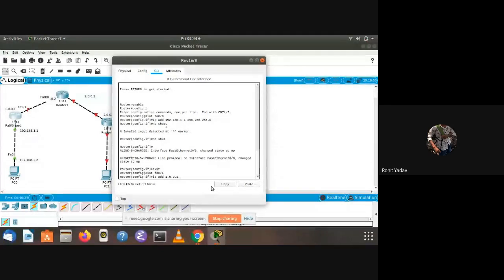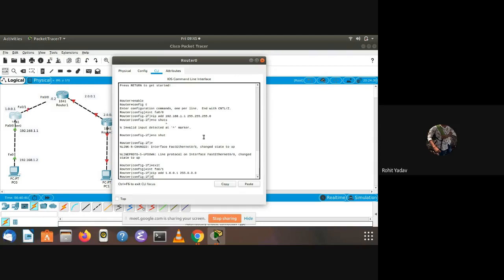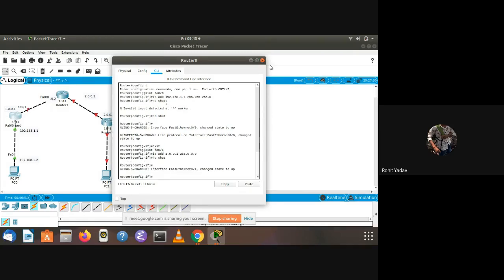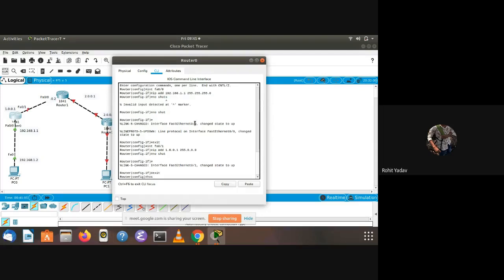This is a class A IP address, so the default mask is 255.0.0.0. Then we will do no shut. This happens in router 1. We haven't given the name of the router, so we can give it here: hostname R1.